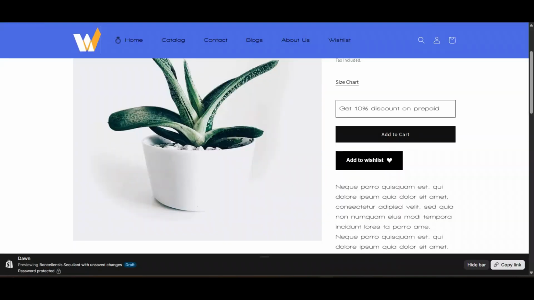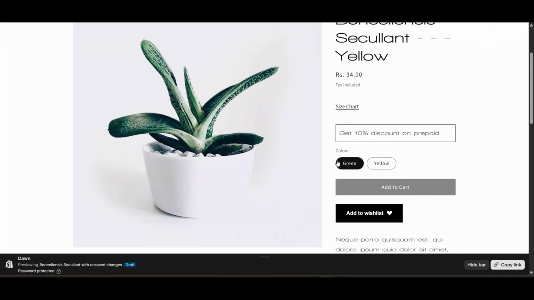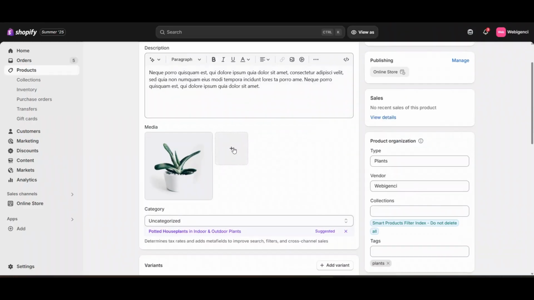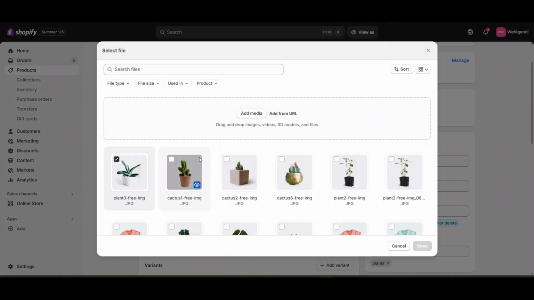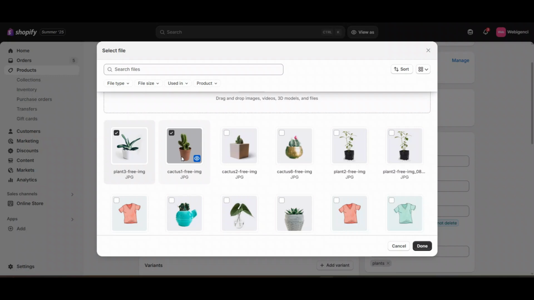And now when I go to my product here, you can see the variation is showing, but when I change the variation, nothing changes. I want to change images on changing the variation. For that, here you can see currently there is one image. Suppose I will add another image that would change. Okay. Suppose this is my another image.